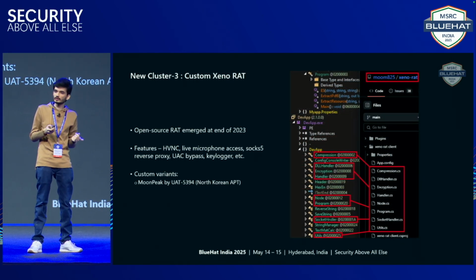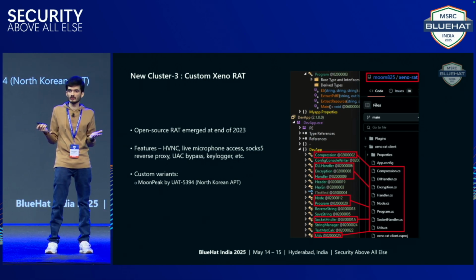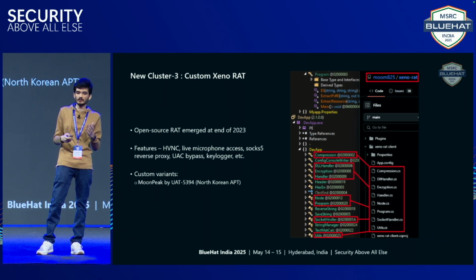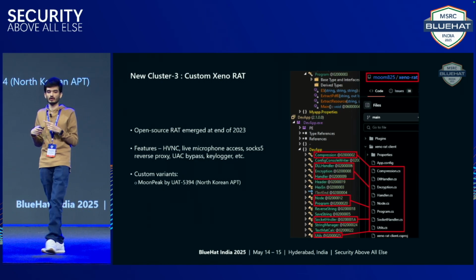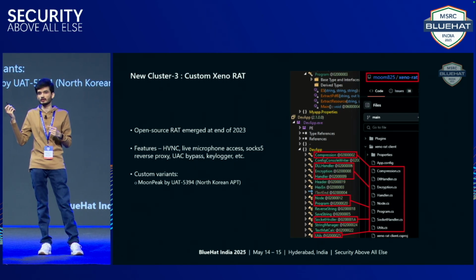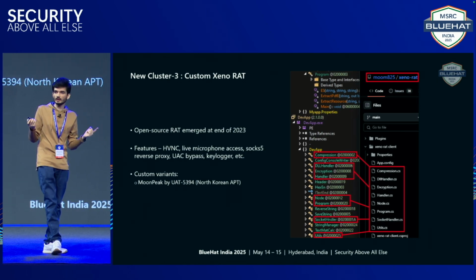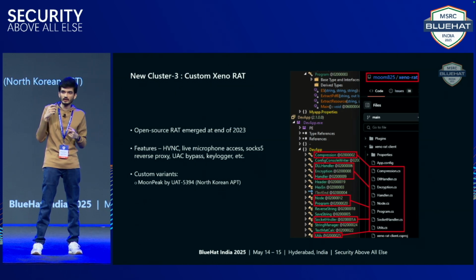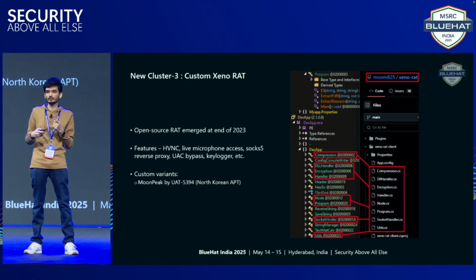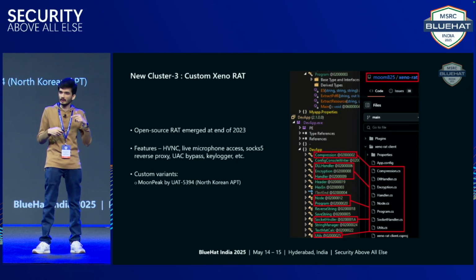And then when we looked at what the final payload is, this is again an open source RAT as usual, typical with the SideCopy APT, but this is again a custom variant of Xeno RAT. So this Xeno RAT is an open source RAT which was first seen at the end of 2023, which features various functionalities such as HVNC, different SOCKS5 proxies to be used for communication, bypassing of UAC to elevate privileges, and